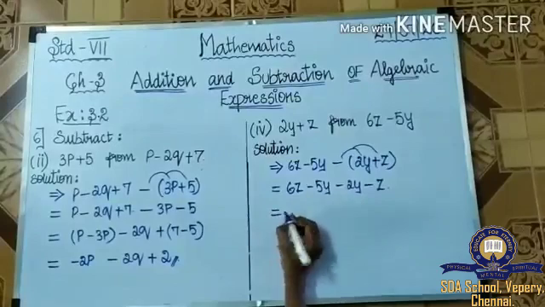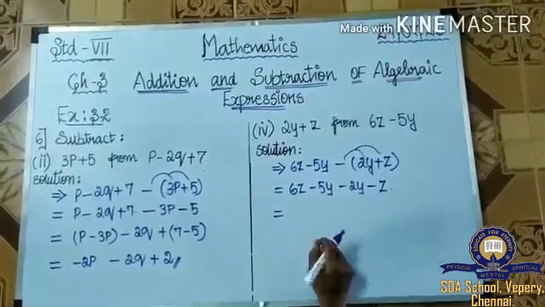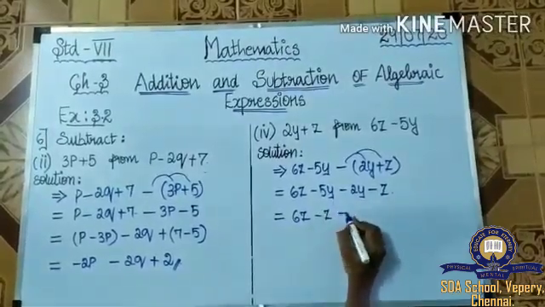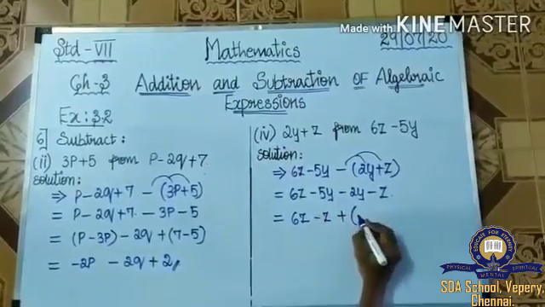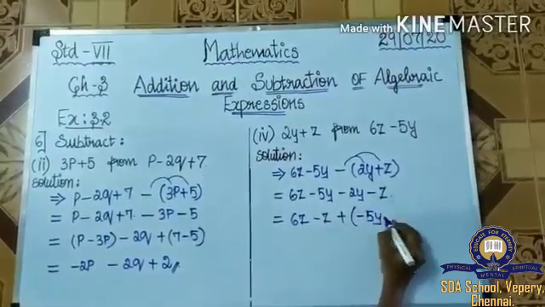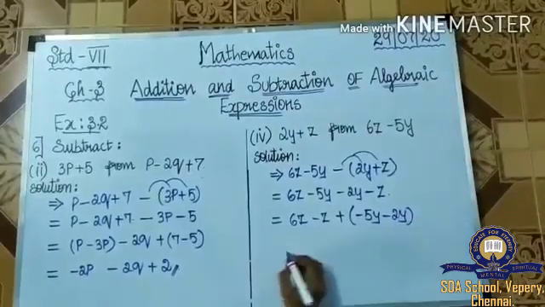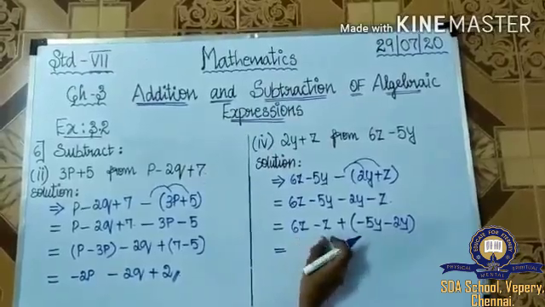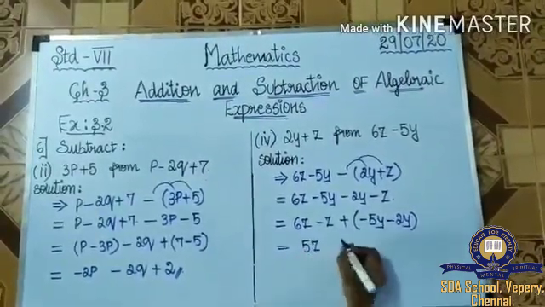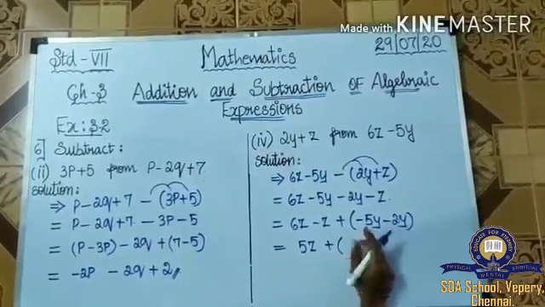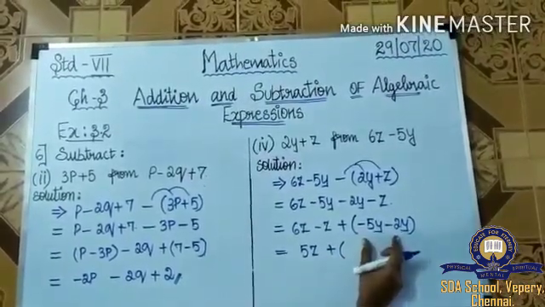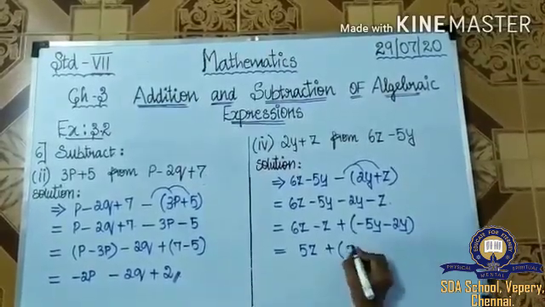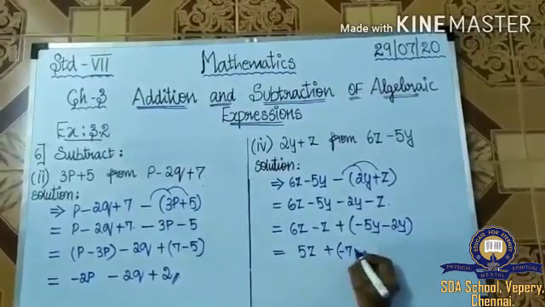Good. And next is we are going to combine the like terms. So 6z minus z, see, and minus 5y minus 2y. Okay students. Now we are going to subtract the terms. So 6z minus z we will get 5z, plus, here we have two same signs. So add and put the greater number sign, right? So 5 plus 2 we will get 7. So 7, greater number sign is minus. So minus 7y.